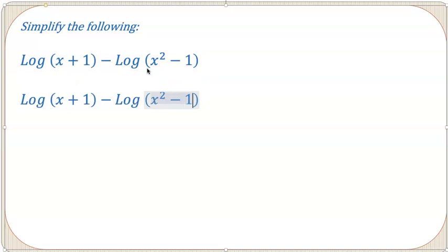So this will be log of x plus 1 times x minus 1. So x squared minus 1, we express it as x plus 1 times x minus 1. And then it's a subtraction. One log minus another log, both of them are base 10, same base. So we can combine, and when we have a subtraction, we divide. So we are going to have